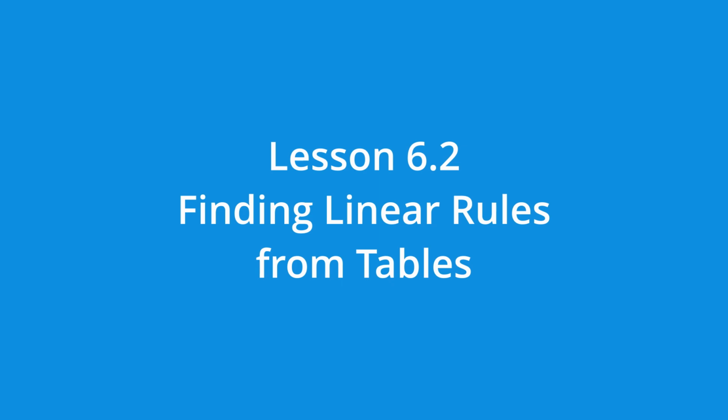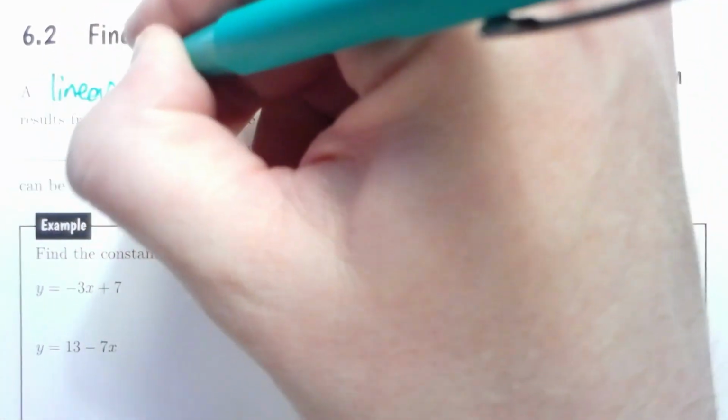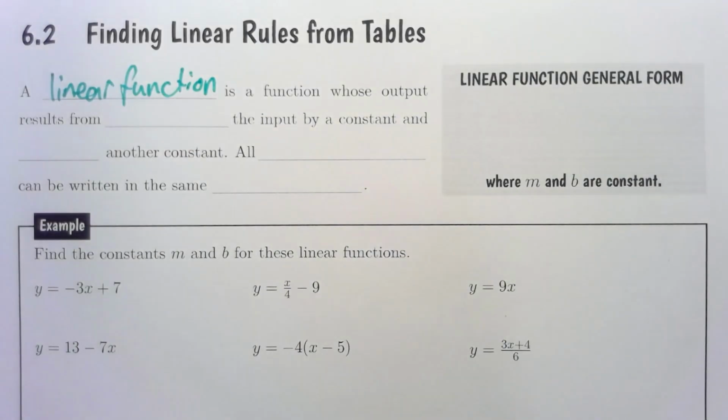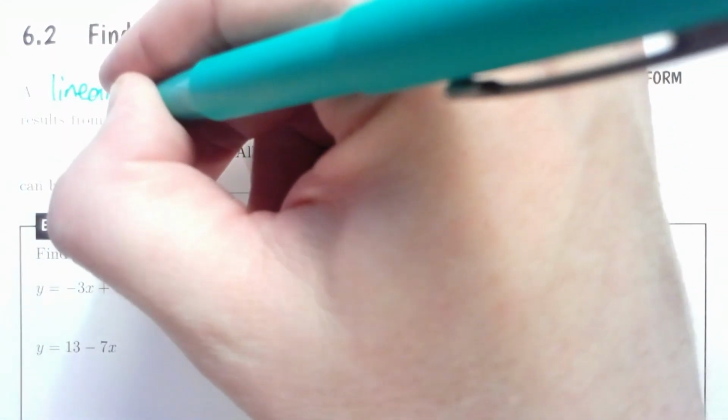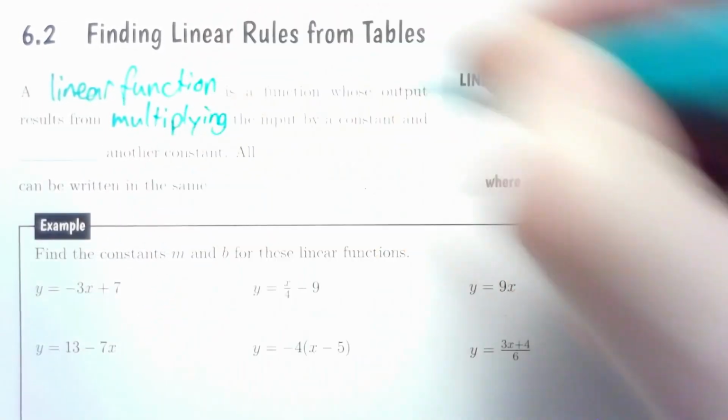Well, doing that in general is actually quite a complicated problem. But we're not going to look at all possible functions. We're going to focus on one of the simplest, but also most important functions there are, the linear function. A linear function is a function whose output results from multiplying the input by a constant and adding